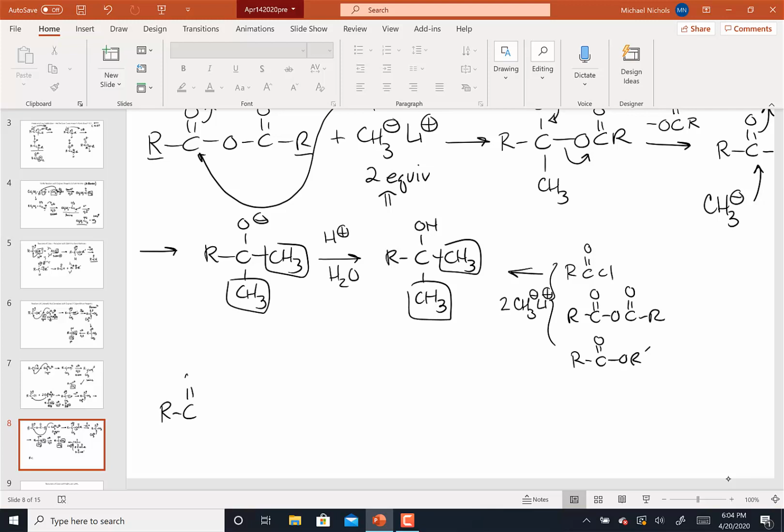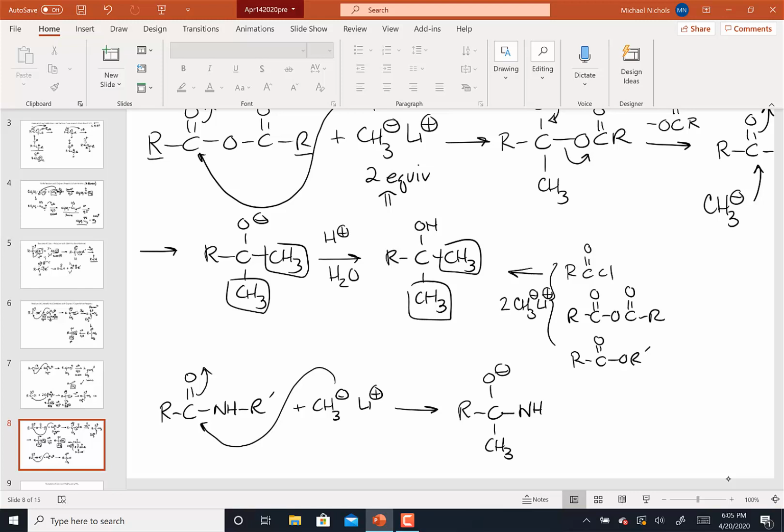So let's see what happens when we react an amide with a Grignard. How many equivalents do we need? What's our final product? So now when we're reacting this with an amide, the CH3 minus is going to come in and add to the carbonyl. And what am I going to get? I'm going to get an O minus up here, my methyl group being added there, and then my NHR group. Now, the oxygen can try and bring its pair of electrons back down to form the carbon-oxygen double bond, but